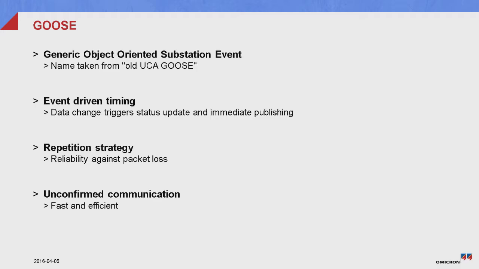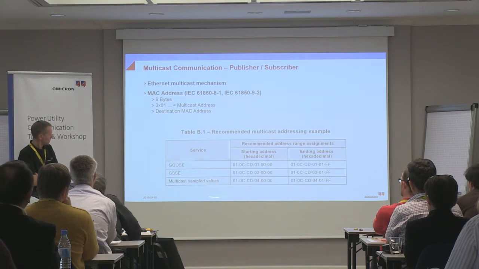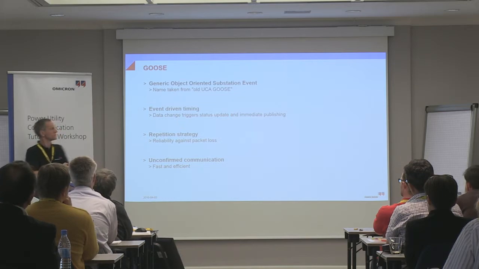Now let's start with the GOOSE. The full name is the Generic Object-Oriented Substation Event, a name that was created already back in the past millennium for the UCA GOOSE, in '97, as Alex said. And since this term was so well loved by the 61850 people, they have just taken over this term from the old UCA GOOSE, and the old UCA GOOSE was renamed to GSSE. But this is history. Nobody uses GSSE in a new system anymore.